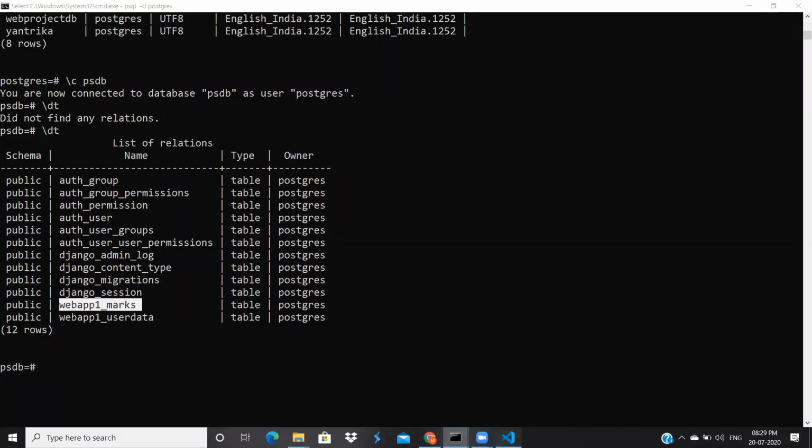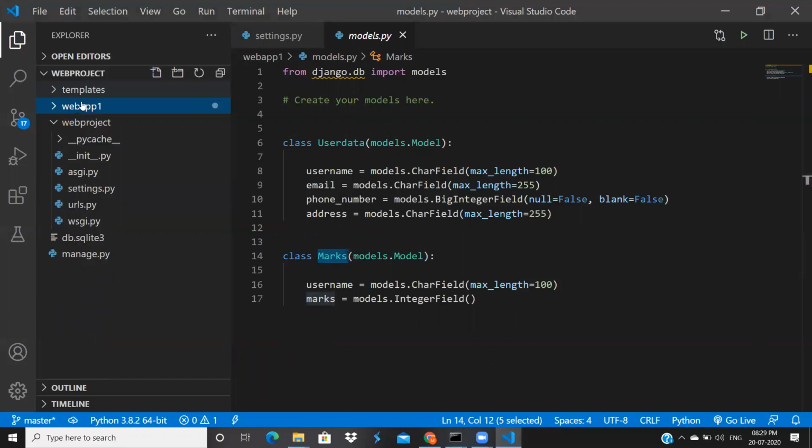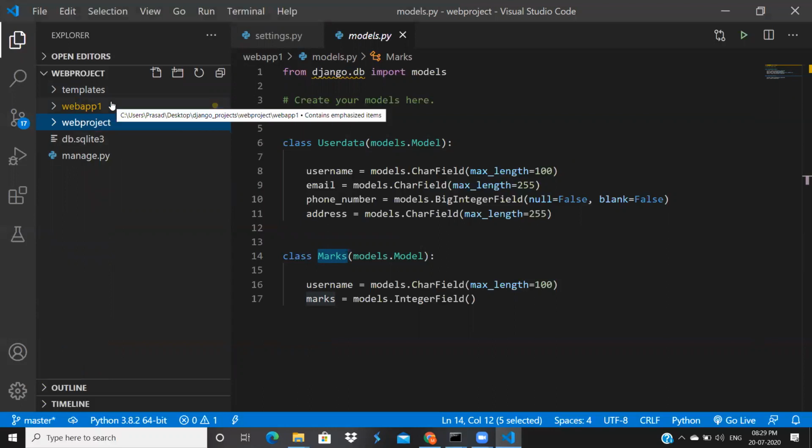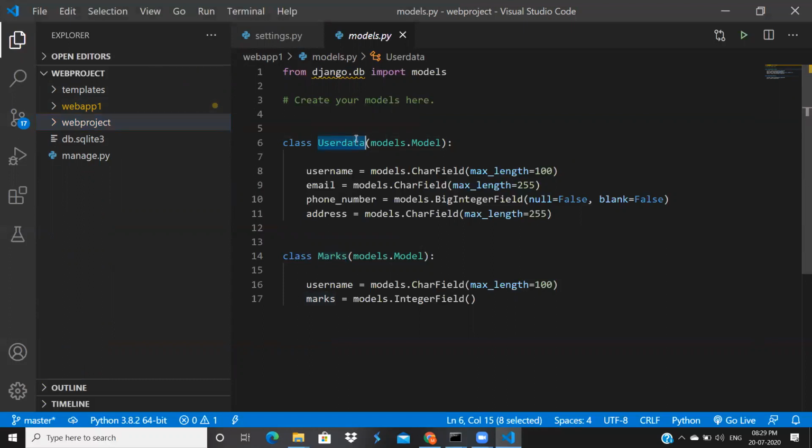Why? Because suppose you have a big Django project, there will be multiple applications inside your project. So there may be a chance of recurring names. Suppose you have user data here in a different application. Suppose you have an e-commerce project, you have different profiles, you have different sections. You may get a situation where you want two tables with the same name, user data and user data. Or in some situations we have token, you have to store some tokens inside your application.